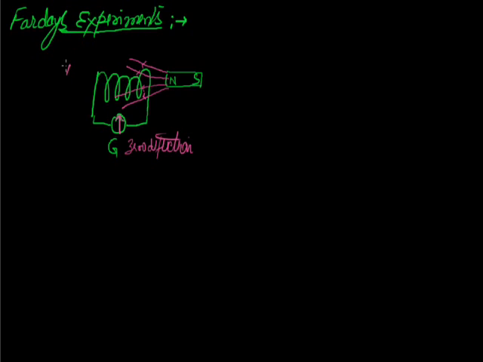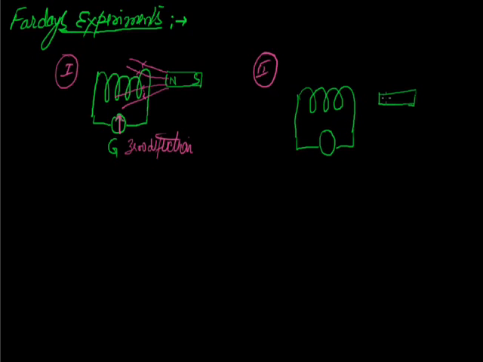Now the second part is this one. This one is a solenoid connected to a galvanometer. Here is the magnet, this pole is north, this pole is south. It is moving in this direction. The magnetic lines of force will be in such a way, the other magnetic lines of force. The galvanometer gives a deflection. The deflection is towards the right.